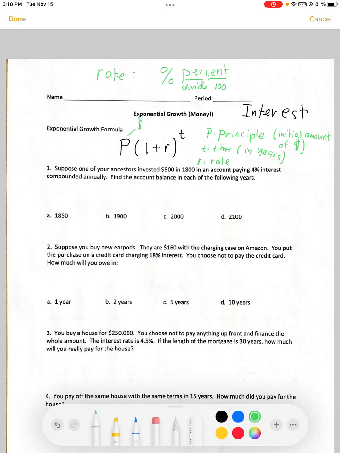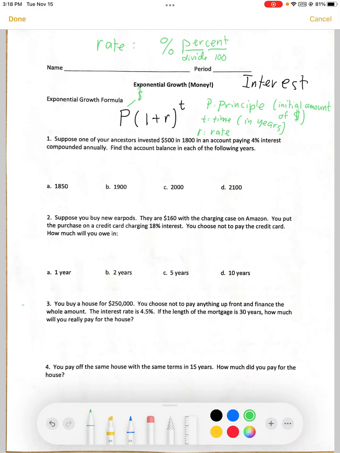So let's go ahead and we will look at number 3. We'll start with number 3. I'll show an example of 1 and 2 once we have a good, solid example. Okay, you buy a house for $250,000. I could pause right there. Oh, look, I have already found the money, P. You choose to pay nothing upfront and finance the whole amount. The interest rate is 4.5%. If the length of the mortgage is 30 years, oh, that's time,